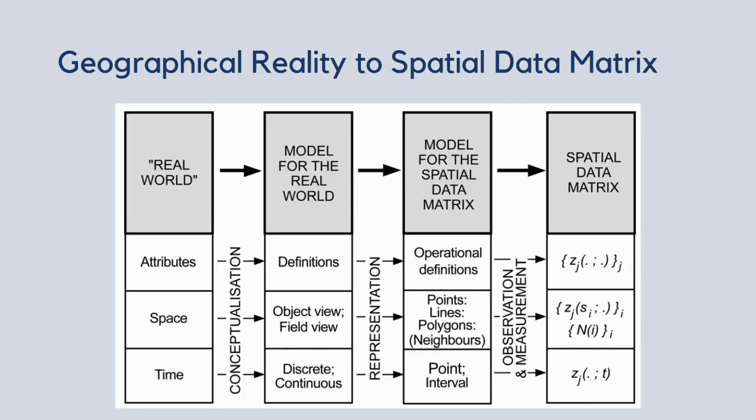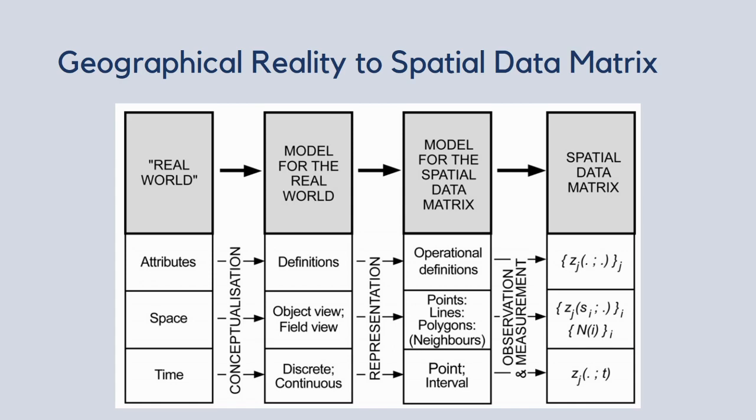So, next we will see how we can transform geographical reality to the spatial data matrix. So, basically, this transformational process can turn the real, continuous, complex geographic variation into a finite number of discrete bits of data that can be stored in a computer. So these are the sequences associated with the construction of the SDM for the three elements of attributes, space, and